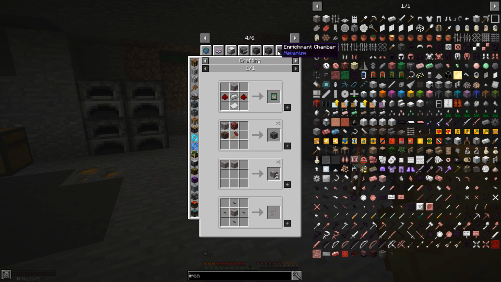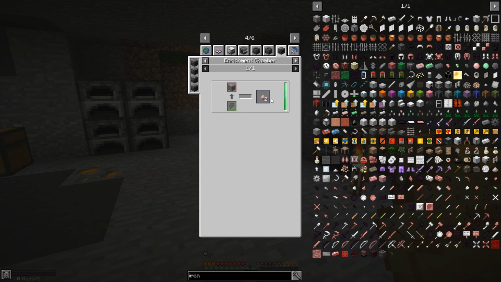So, Mekanism ones, we have the chemical dissolution chamber, the purification chamber, the chemical injection chamber, or the enrichment chamber. And I think, yeah, those are the only ones. I say only, like there should be more, but if I remember rightly, the enrichment chamber is the one we're kind of looking for now, because it's relatively easy to make,